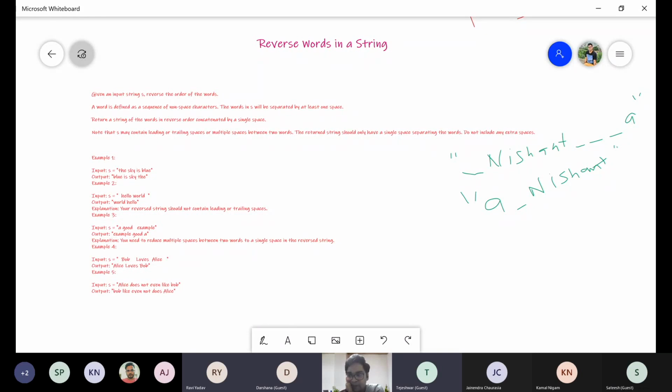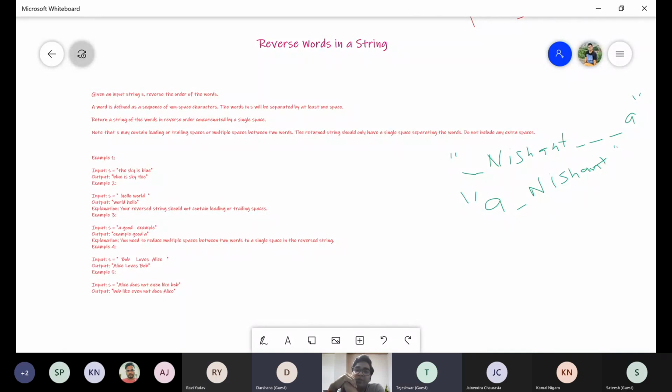We can split a string on the basis of a space, like the sky is blue. So I will split the string and store it in an array. After that, I take one stack and push into the stack. And then later on, you do the join operation. Yes, right. Now suppose the solution is correct. This could be the first solution you can give to an interviewer.